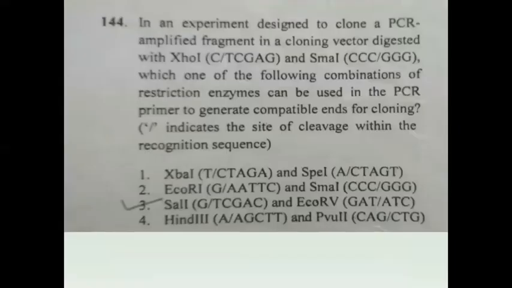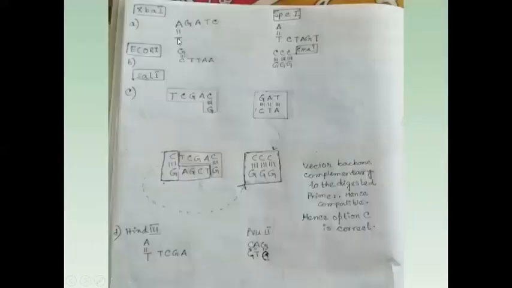in this form, there is a way of writing, and the way is: suppose this is T and this is A. So this T will be on one side and this A will be complementary to T, and the remaining will be the overhang in the case of a staggered end. Here also this A is there. With this A, this T will be complementary and this portion will be overhang, as I have written here. A to T and this is overhang, A to T and this is overhang. Like this I will write for the other enzymes also. In the case of a blunt cut, there will be no overhang.